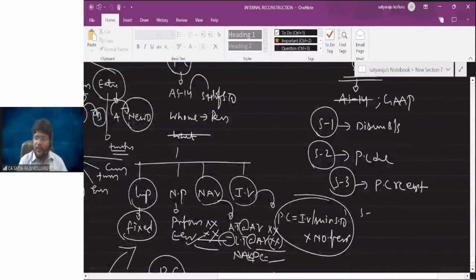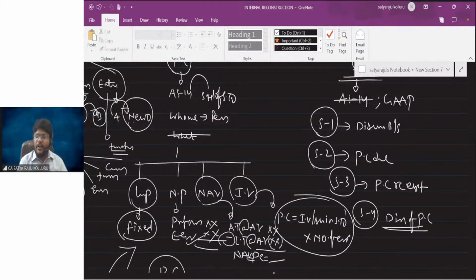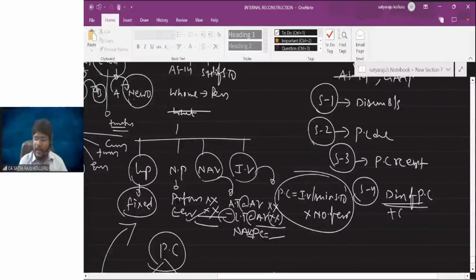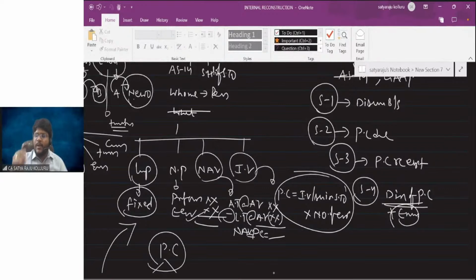Then come to step number 4, which is distribution of PC. So PC distribution should be made in the particular order along with the existing resource as well. Why am I talking about the existing resource? If any particular asset is not taken over by the purchasing company, you should realize it in that situation. If you derived any profit or loss through the realization in the outside market, that profit or loss also you should transfer to realization.